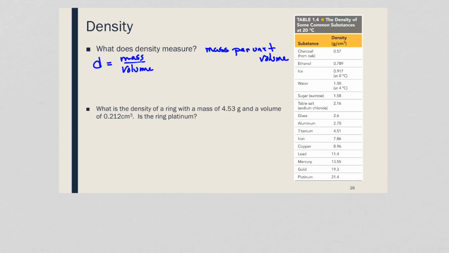Which means that we commonly express it in units of mass, so grams, and then for volume, right, where volume itself is a derived or complex unit, the two basic scales for volume are going to be cubic centimeters, or